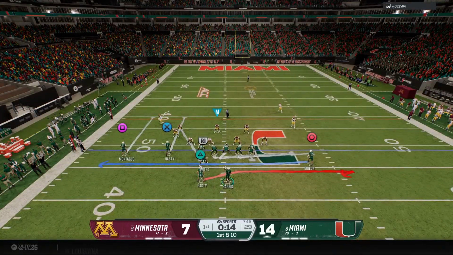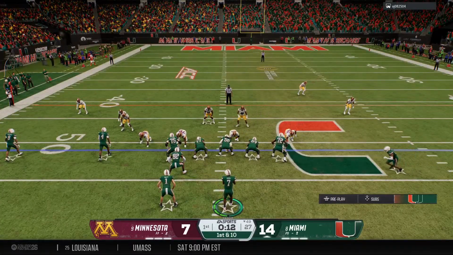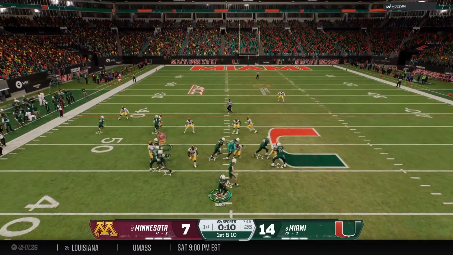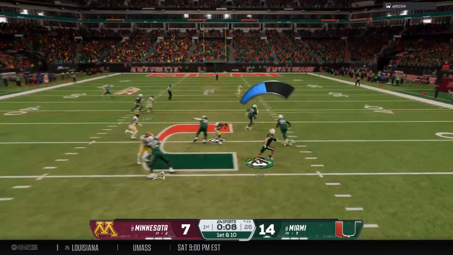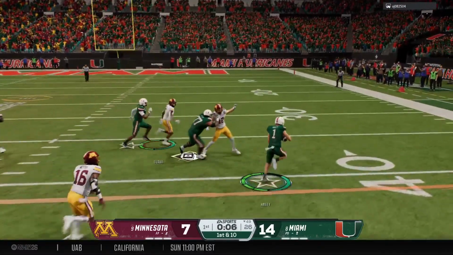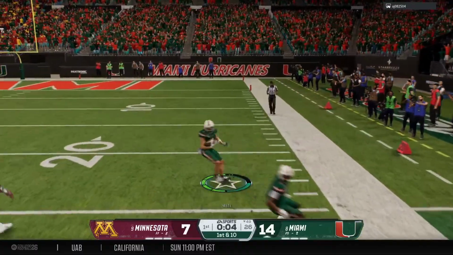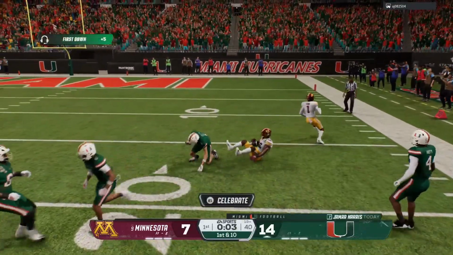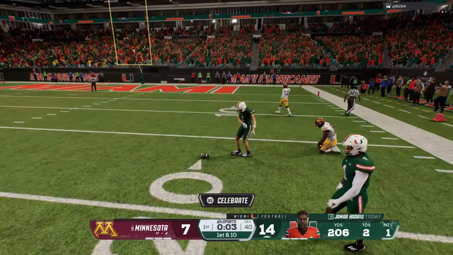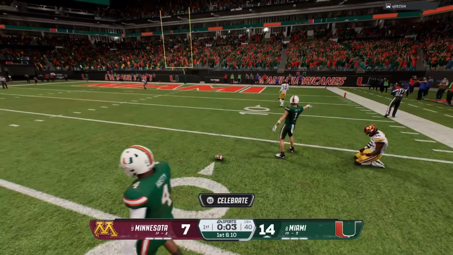The offense will line up. Chance for a couple more plays before the end of the quarter. First down, looking to throw the football. Pass is caught. Breaks loose at the 40. It's a solid game to pick up the first down and what will be likely the final play of this first quarter.